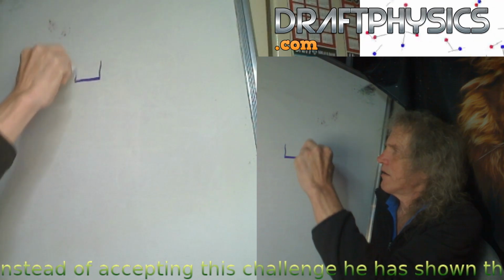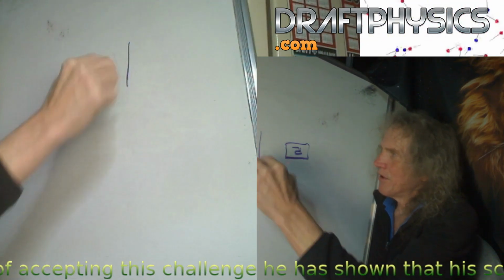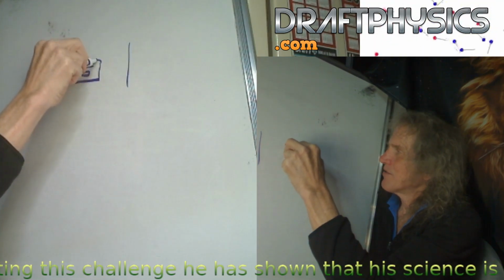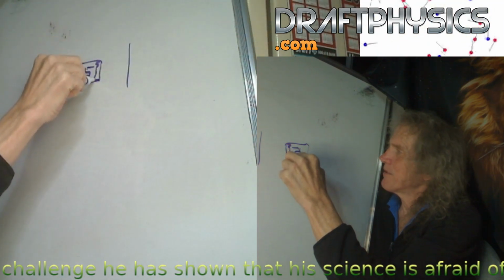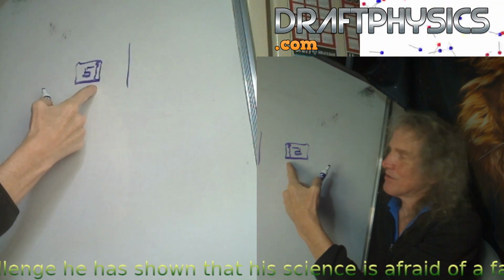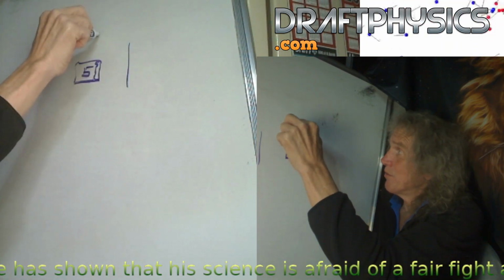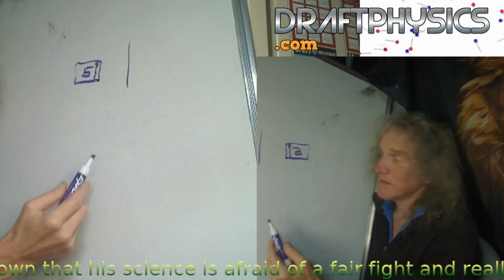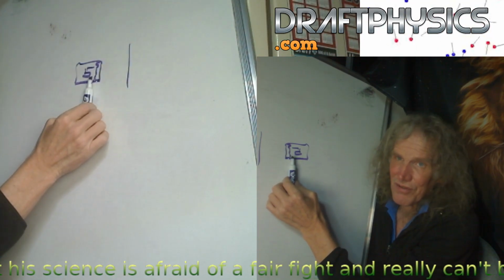I can take a car, I take a 5 mass, and I can plow it into an unyielding wall, and I can allow the mass to show me how much crushing it gets. So a certain amount of crushing happens to the mass, it dents a certain amount. And then we can call that a unit of energy. 1 unit of energy is this much compression on a 5 mass. So let's make a 5 mass out of clay or something, and it smishes this certain amount.